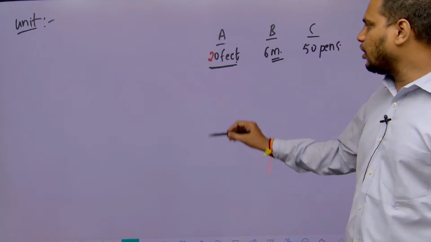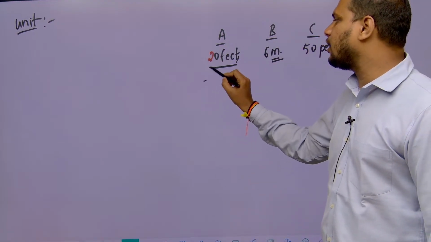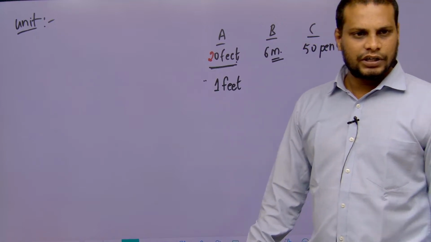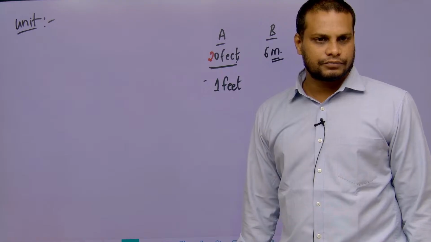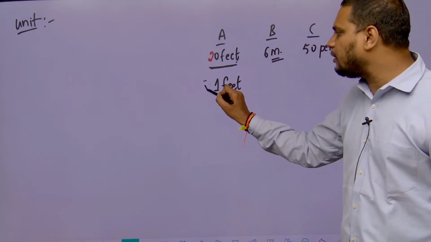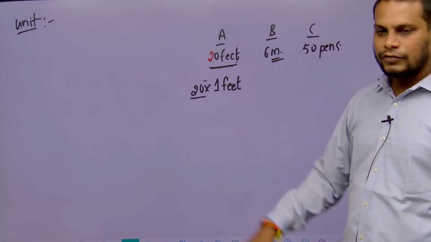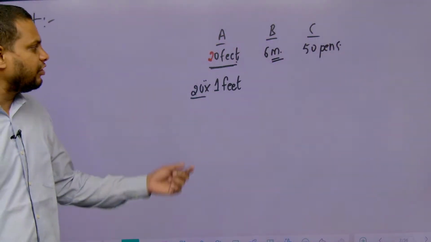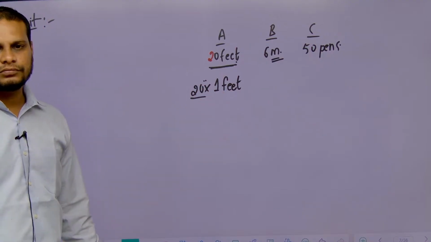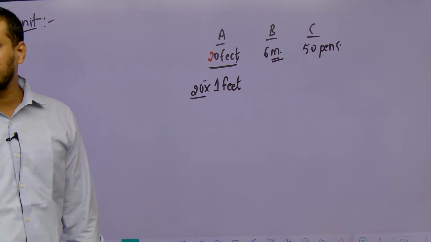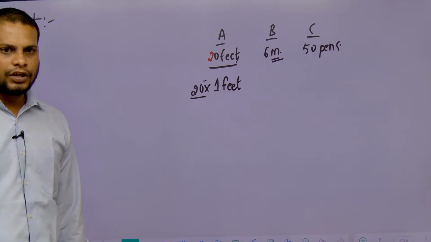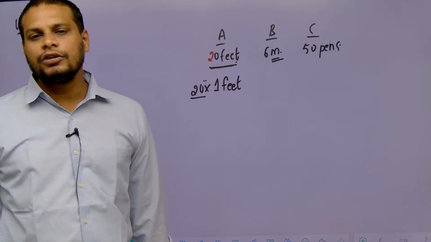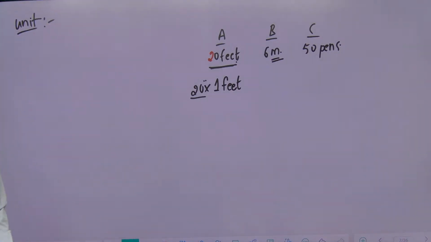Are you clear? సో అంటే ఈ ఫస్ట్ స్టూడెంట్ ఏం చేస్తాడంటే 1 feet అనే దాన్ని యూనిట్ కింద తీసుకున్నాడమ్మ. He taken 1 feet as the unit and if it is multiplied by 20 times you will get the distance from this wall to that wall. Now here which is the fundamental unit now? 1 feet. 1 feet is the fundamental unit. So he used 1 feet as the unit and he multiplied how many times? 20 times to get the distance from here to there.